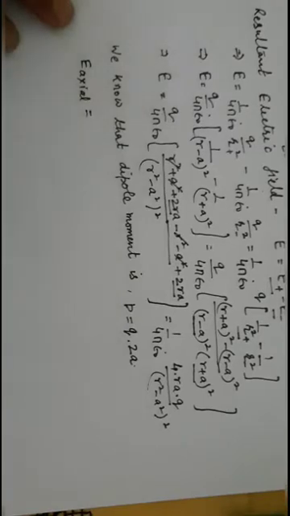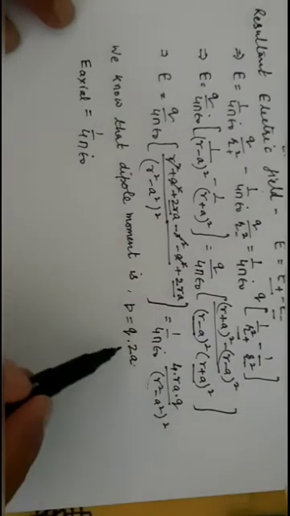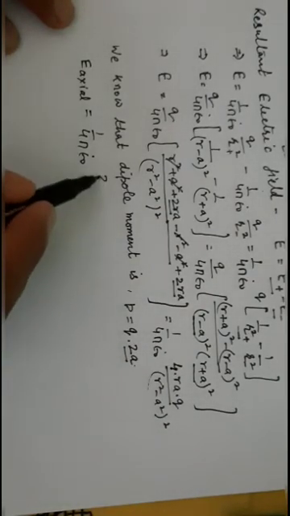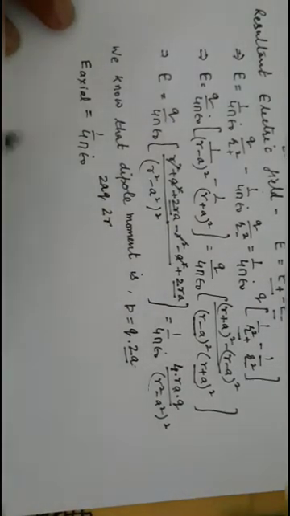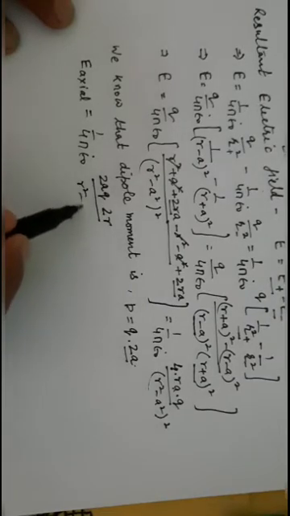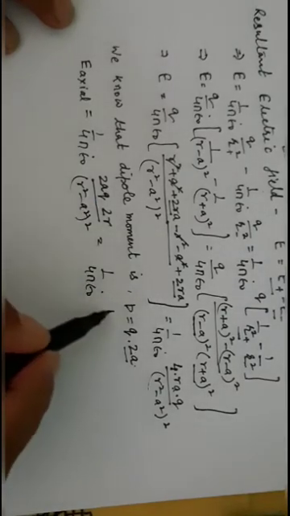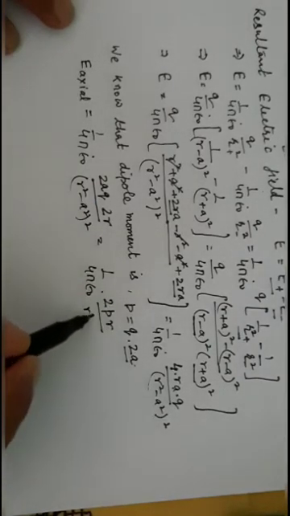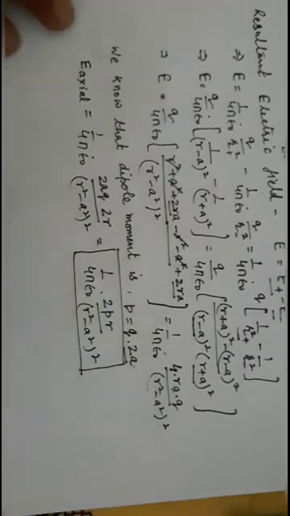So our electric field on the axial line is equal to 1 upon 4 pi epsilon naught. I need 2a, so 2 from here and 2 is left. A and Q is needed, I write here Q, and here R is left. So it becomes R square minus A square whole square. Further we get 1 upon 4 pi epsilon naught, 2PR divided by R square minus A square whole square. So this is your electric field on the axial line.